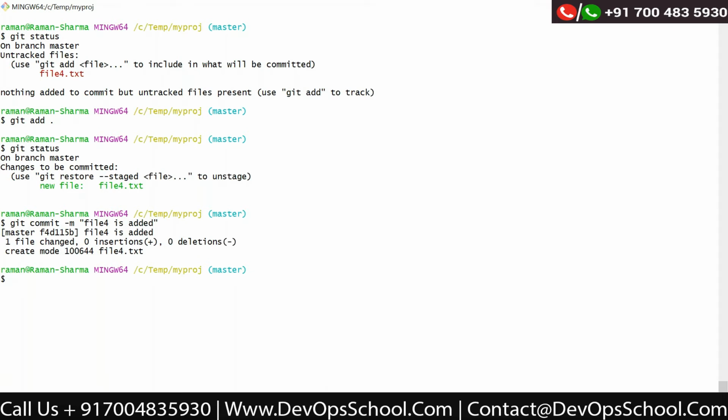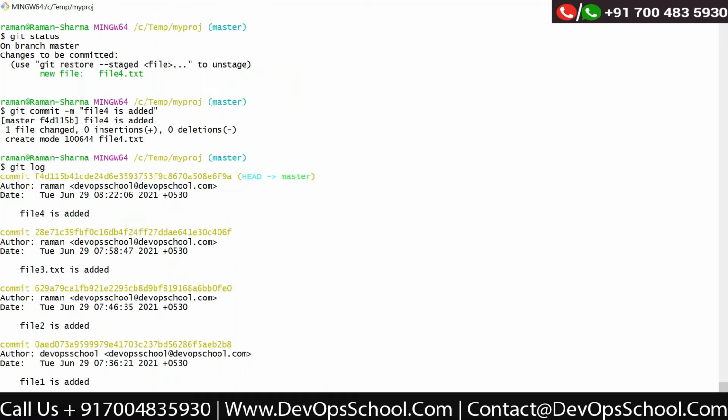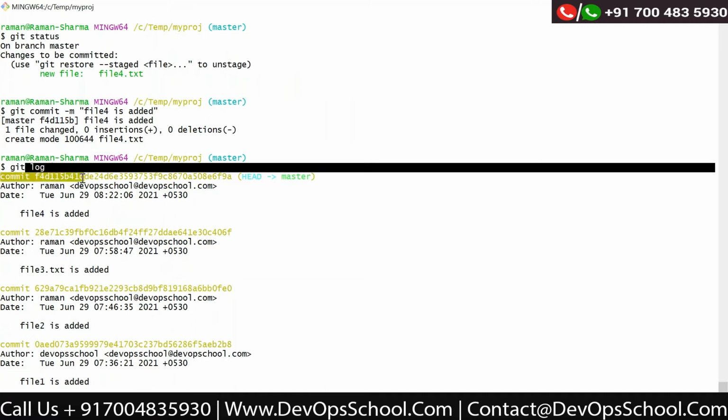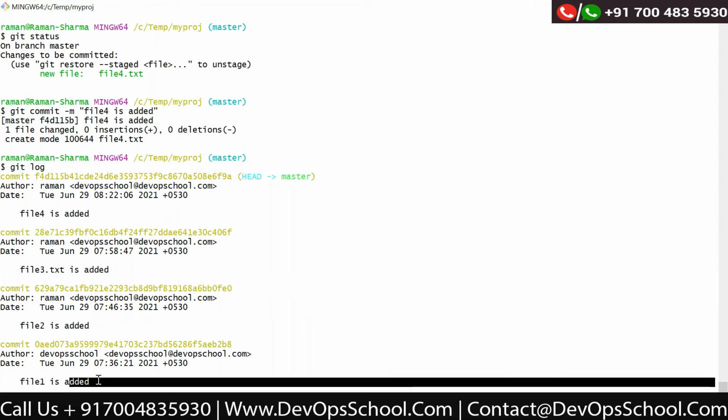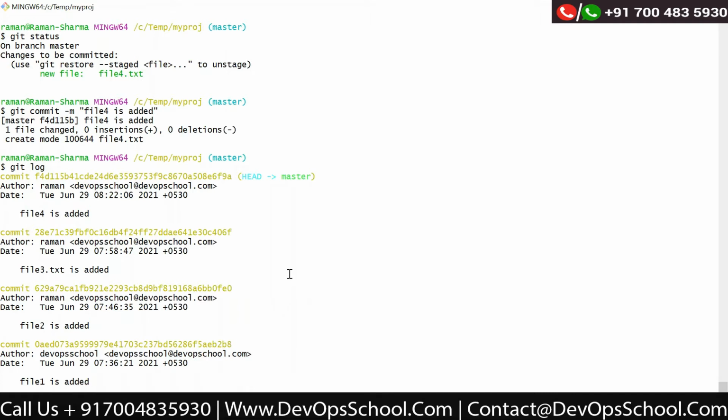So once you run this commit command, then this particular version is recorded in the git repository. So if I say git log, you can see all these messages, like this is my last commit, file 4 is added, this is before that, this is before that, and this is the first one.